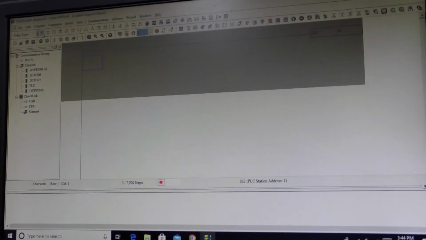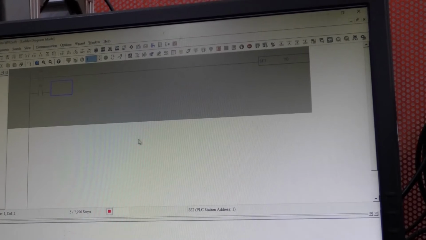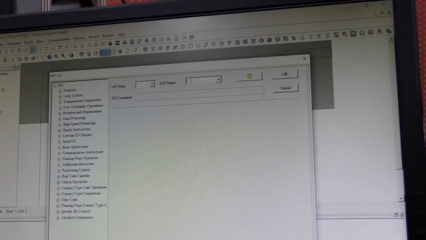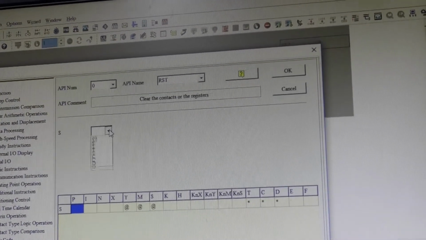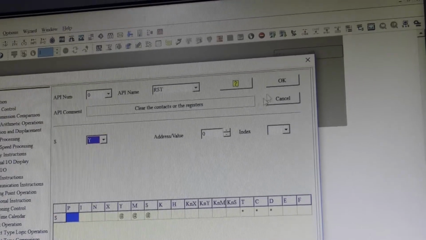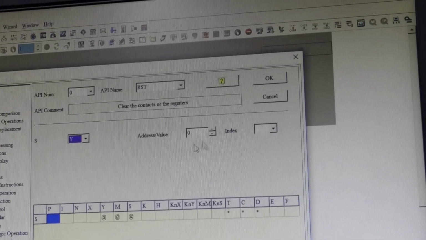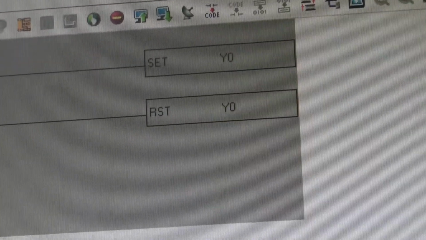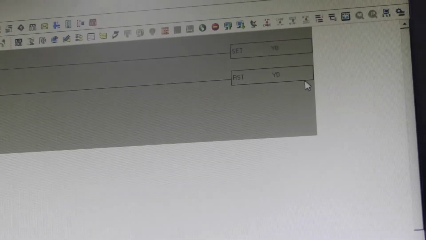Similarly, I am using X1 as a switch, and I am using the reset option now. Again the same thing: I want to control Y0 only, so I am selecting S as Y0. Address value is 0. Just click on OK. So you can see we are using X0 for setting the output indicator, X1 for resetting the